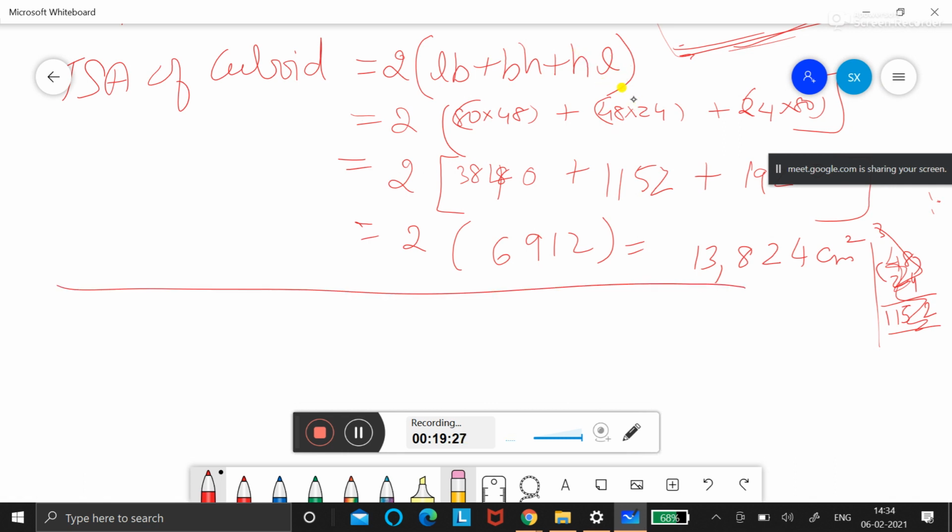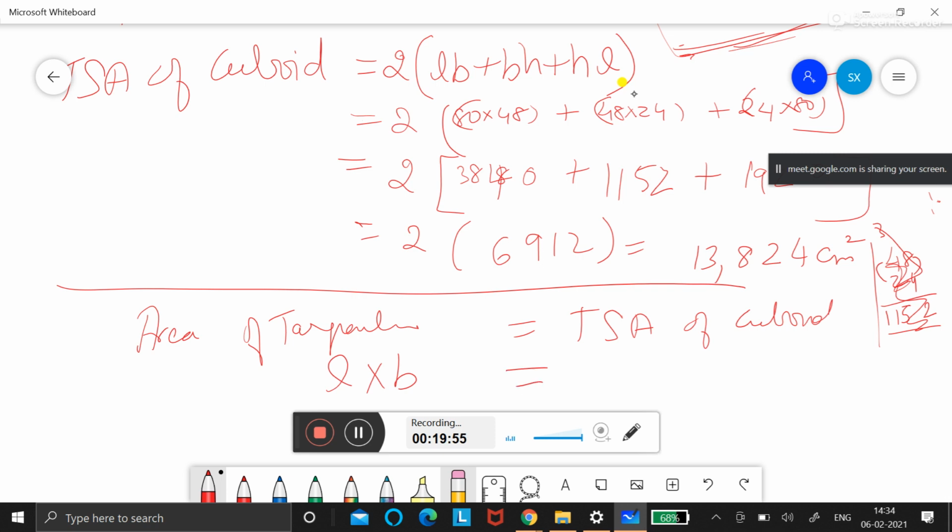Okay, now area. Now area required for that tarpaulin. Okay, so how much area do you need? So the area of the tarpaulin is equal to the TSA of the cuboid. This much of cuboid we need. So here this is area. I told you the cloth is in the form of a rectangle. So L into B, this answer is equal to...